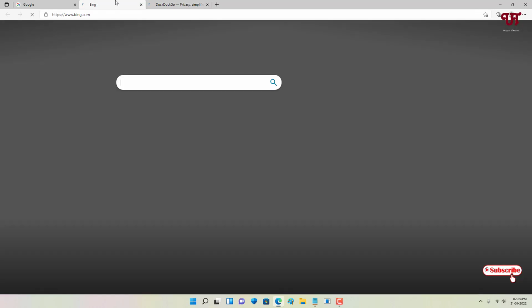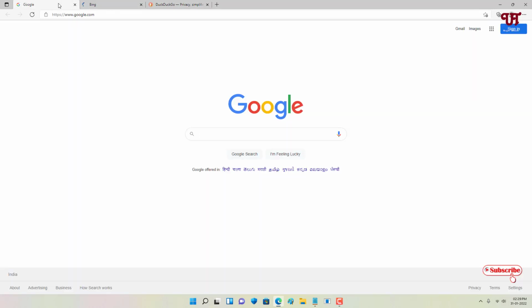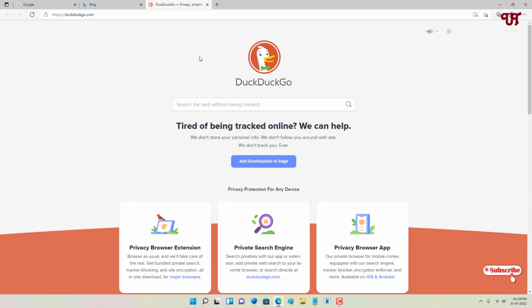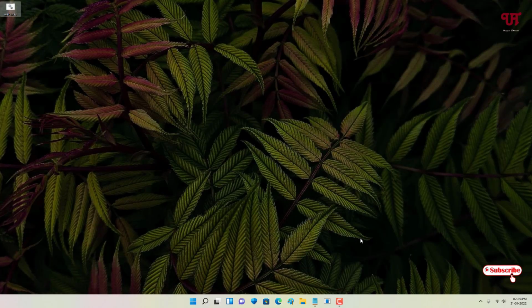So you can see here Bing, Google, and the DuckDuckGo website is being opened on a single click. So it's opening in the Edge browser, which is the default web browser on most Windows 10 or 11 computers. So if you want to open it in other browsers like Chrome, then still you can do it. So for this, just let me delete this file firstly,